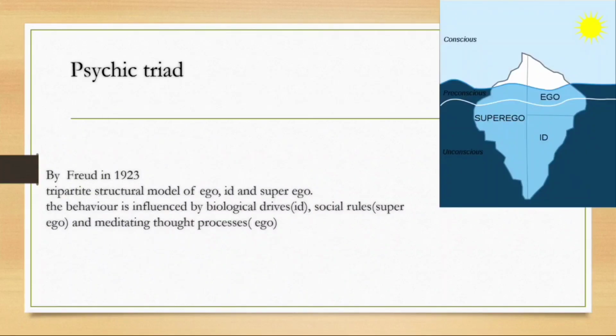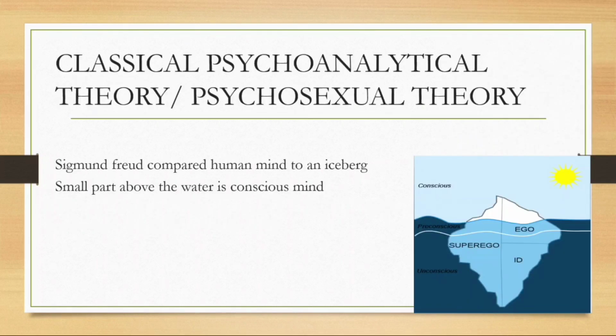The psychic triad was given by Freud in 1923. That is the tripartite structural model of ego, id and superego. Behavior is influenced by the biological drives, that is id, then the social rules, that is superego, and mediating thought processes, that is ego. So it was a classical psychoanalytical theory of psychosexual theory. He compared the human mind to an iceberg. That is, the small part above the water is the conscious mind,